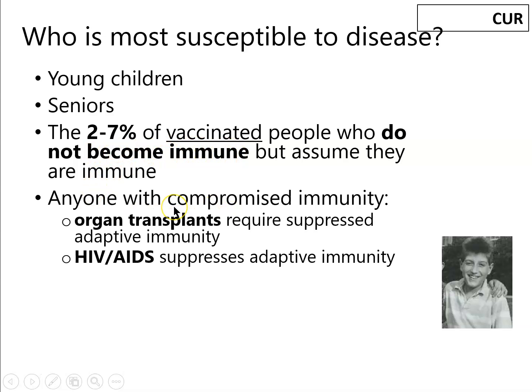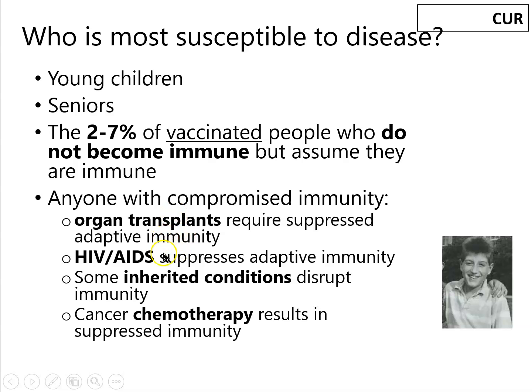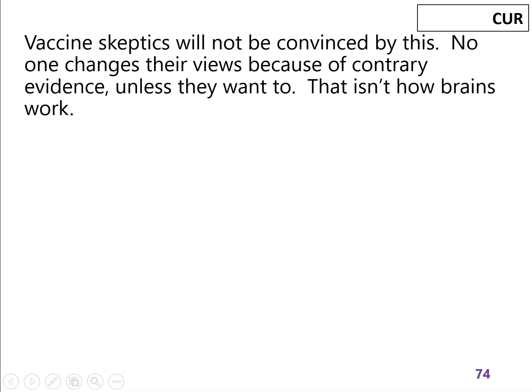And then lots of other people have compromised immune systems. So if they've had an organ transplant, or they have an advanced disease that disrupts their immunity, or they have conditions they're born with, or they're getting cancer chemotherapy, all these people are going to be more susceptible to any disease. And so as a society, we have to decide, are we willing to take vaccines to slow down infections and protect these people who can't be vaccinated? And I don't think there's anything I can say that will change the mind of a vaccine skeptic,